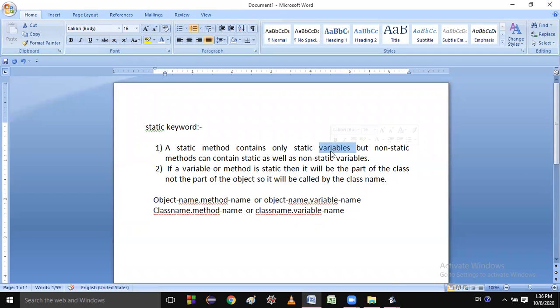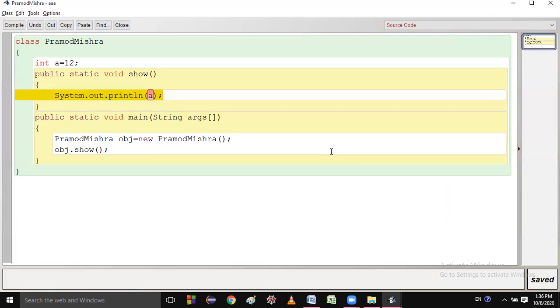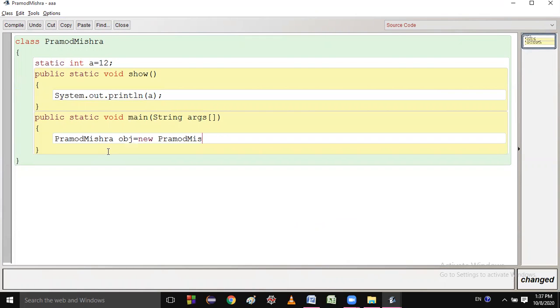Am I right or not? Yes, sir. So this variable must be of static type. And since this is a static method, it will not be called by the object. It will be called by the class name.